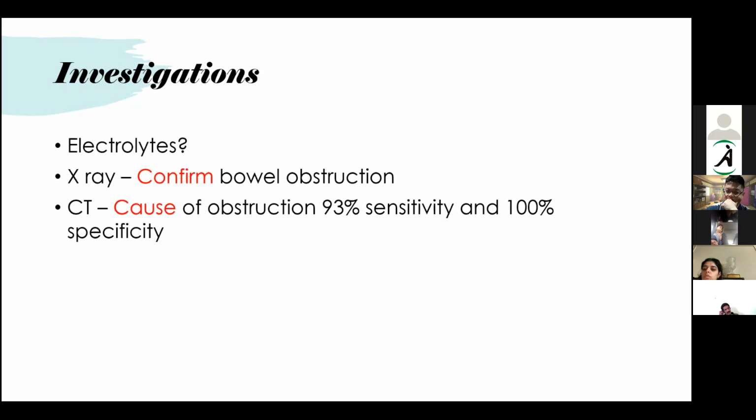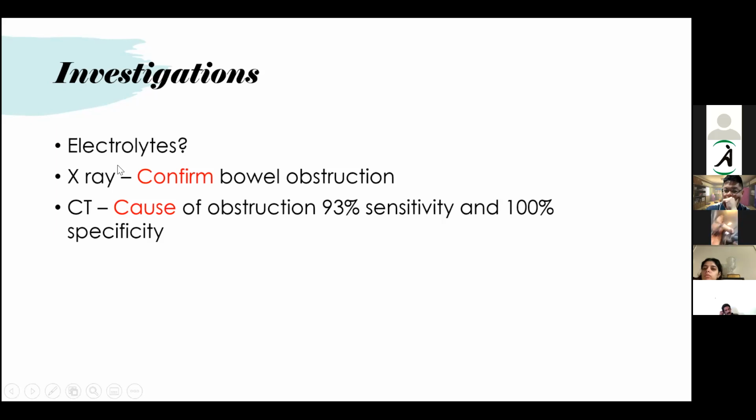So electrolytes, obviously we can check, because it can be of two things. If there is increased vomiting, there may be some metabolic alkalosis because of increased loss of gastric acid. Even with a lower GI obstruction, there may be other electrolyte imbalances, something that can be correctable in an otherwise good patient. So that is one investigation you can consider. The other parameters are normal. The patient is otherwise healthy, suddenly presenting with a bowel obstruction, and cancer treatment was generally going well. So definitely electrolytes is one test that you can do.